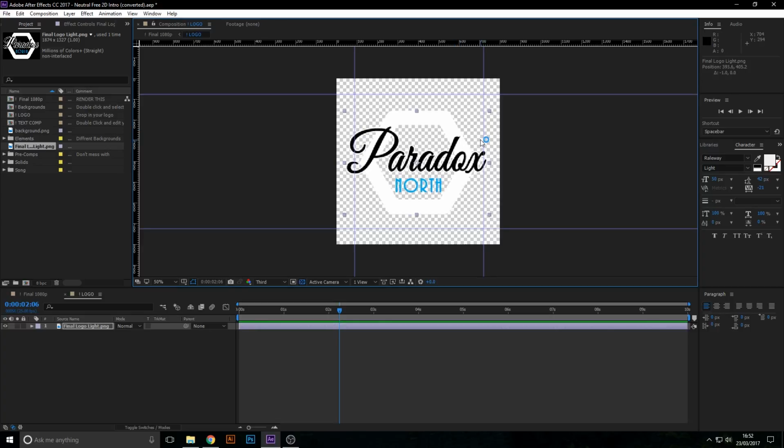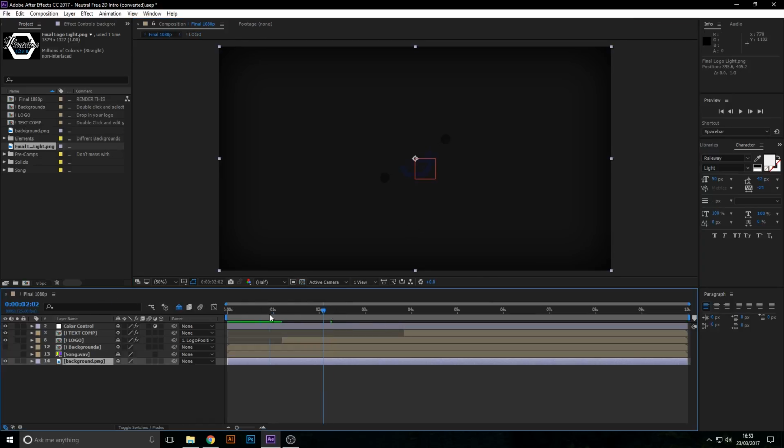You can use the arrows as well to get it perfectly in the middle or wherever. The most important thing is you want to keep it in this square. You don't want to go outside the lines. You can, but I recommend not really. It's the best thing. Right, after you've done that, you can close the logo, and then you can play it